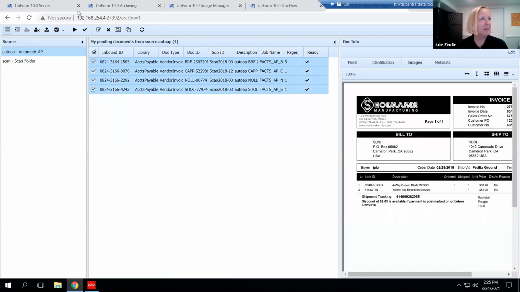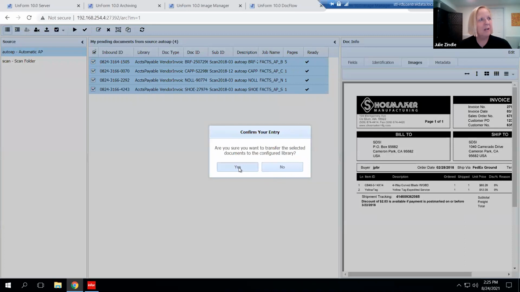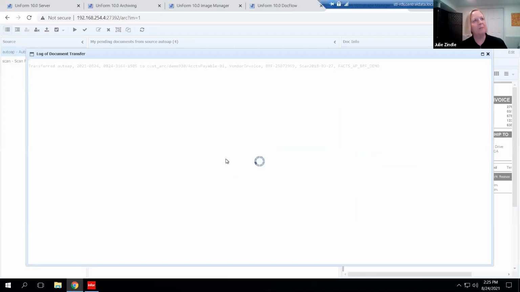So I'm going to take them now and transfer them into the system. So I'm going to upload them. And as I do the transfer, those documents will disappear from my list, and it's going to transfer those 4 documents into my FACTS system. On the Cloud Suite SX.e side, it would bring them in as EDI type documents into the Invoice Center.